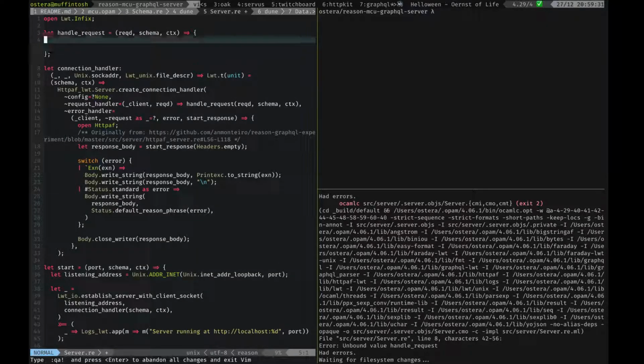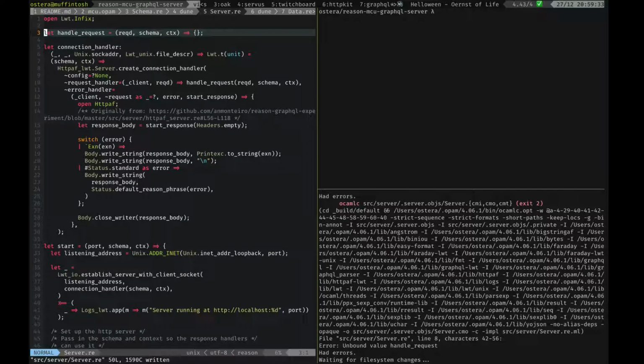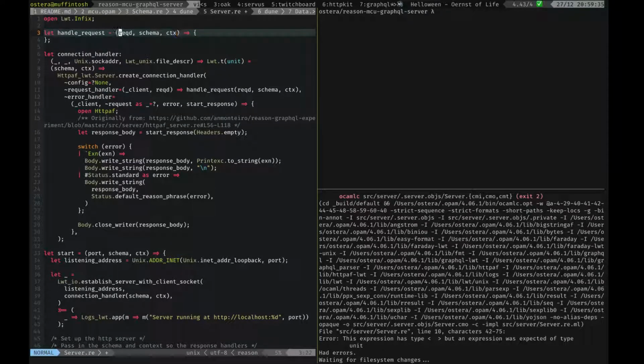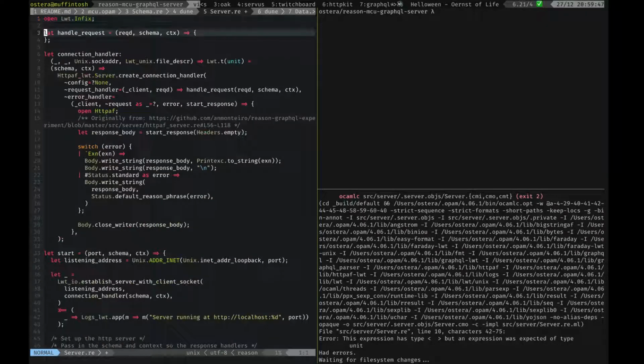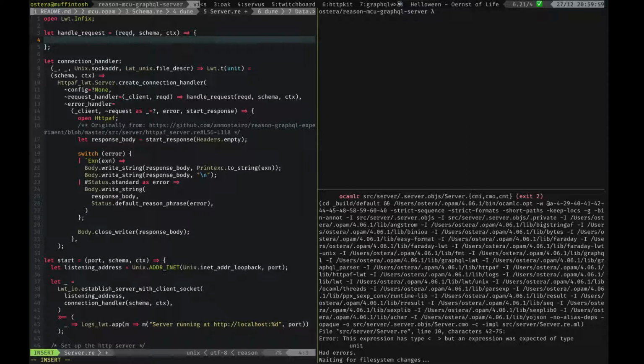All right, so now we need to handle this request, which means we need to use the request descriptor object to get information about the request, and we need to use the schema and the context to actually run some of the things. You may notice that this is the exact same schema that we passed in at the beginning, right? So here, what we can do is we can ignore the path, and we can always run something, but